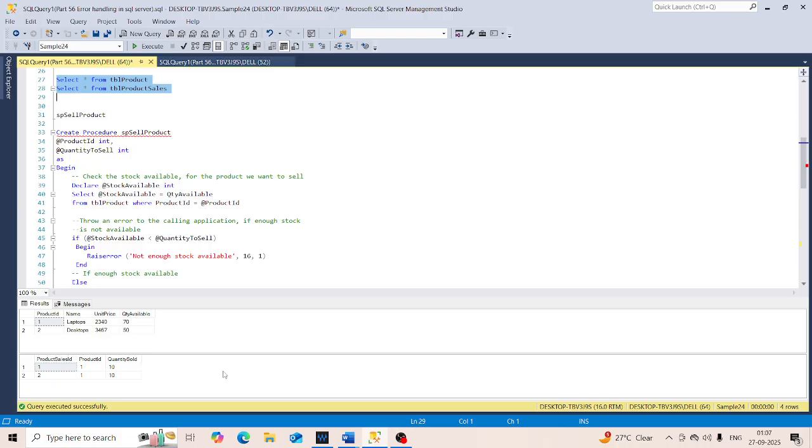Now if you look at the data that we have in TBL product table, there are 50 desktops and 70 laptops available, and let's say we want to sell 10 desktops, and to do that, this stored procedure sp sell product,